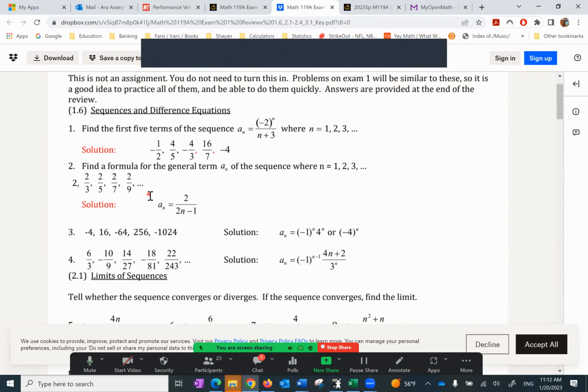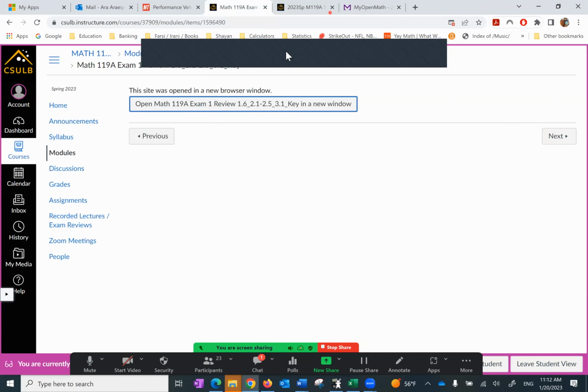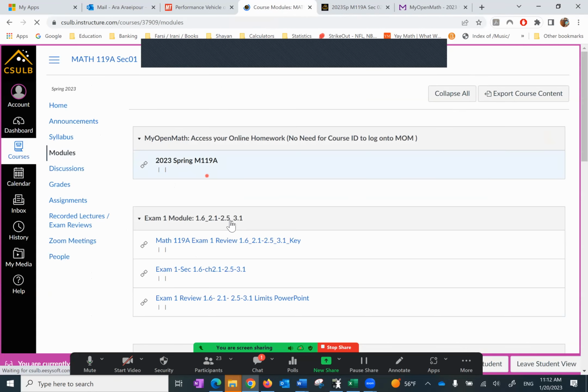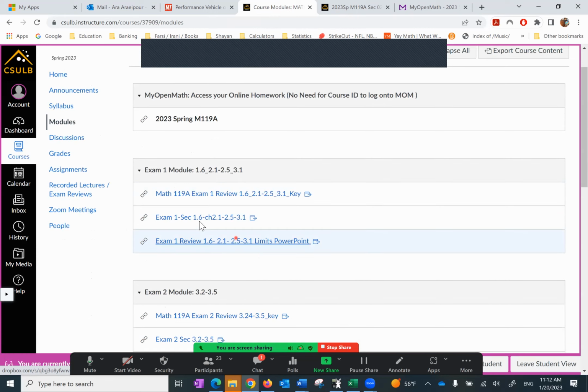Although it's even better, the moment I finish, for example, section 1.6, go do the 4 questions for 1.6, and so on and so forth. So going back to the modules, the first one is the exam reviews. The second one is the set of homework,